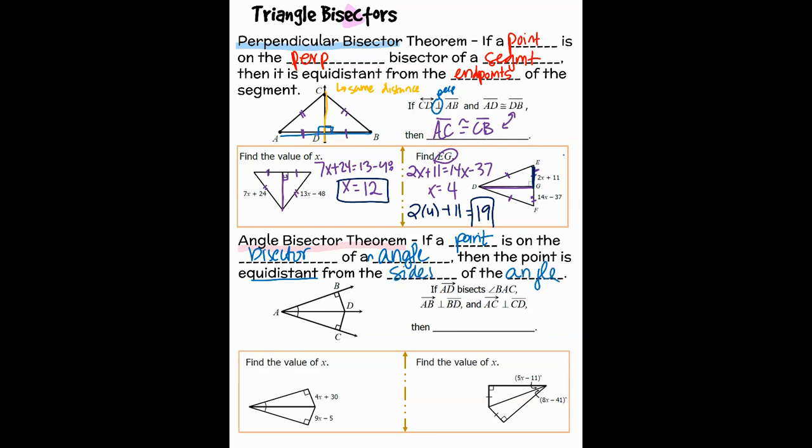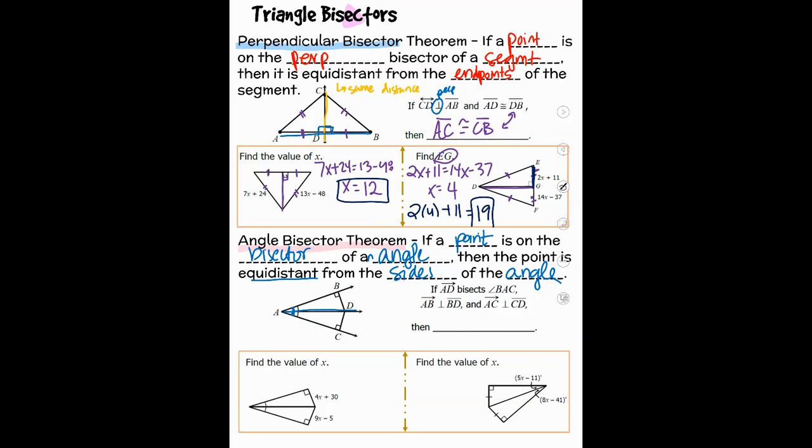Okay, what does that really mean? You see, we got our triangles here with our bisector. So if AD bisects angle BAC, so this angle right here, and